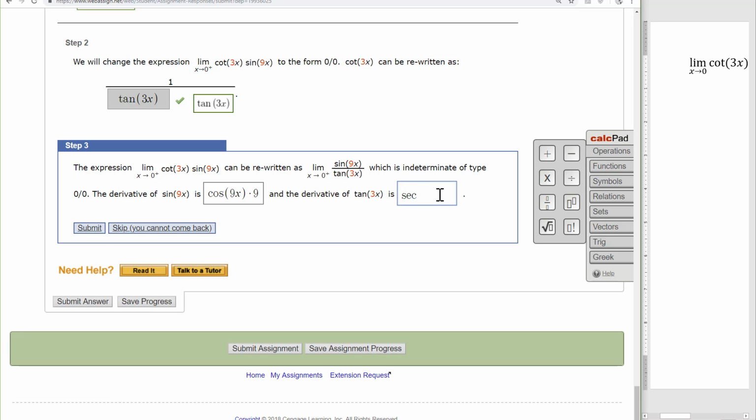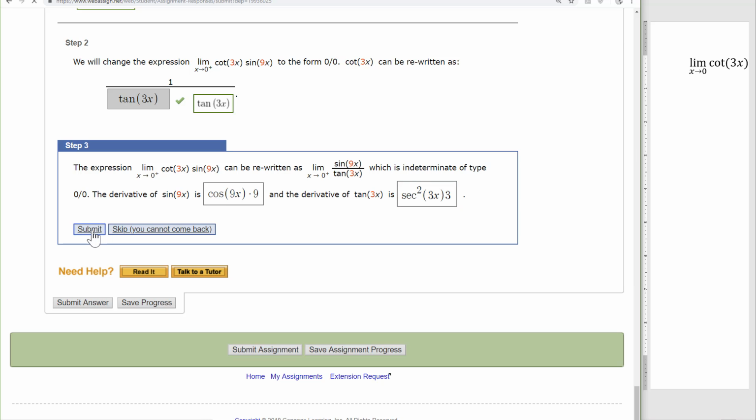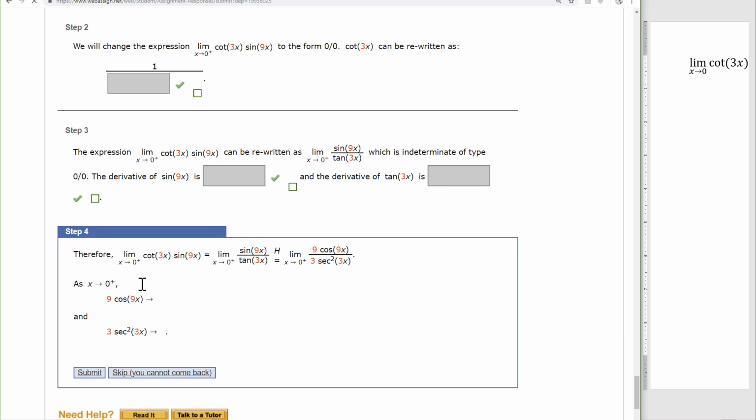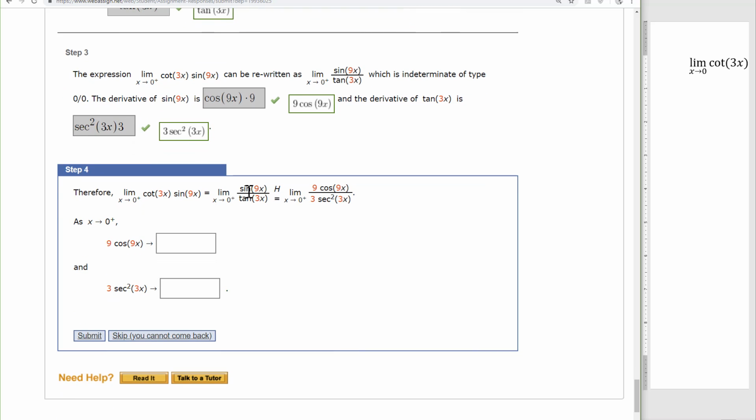So secant squared of 3x, again, times the derivative of the inside, which is 3. So we have that. The derivative via L'Hopital's rule is going to give us this,